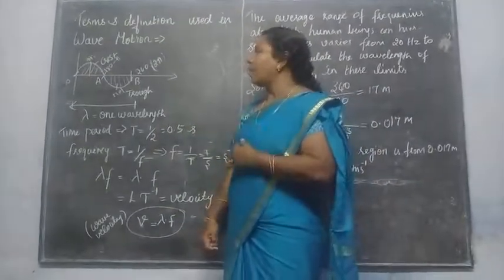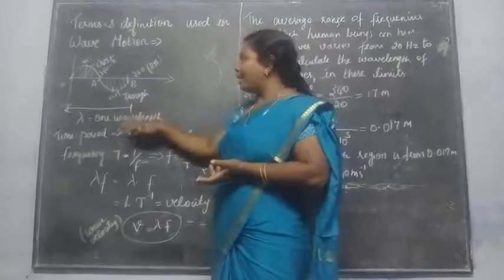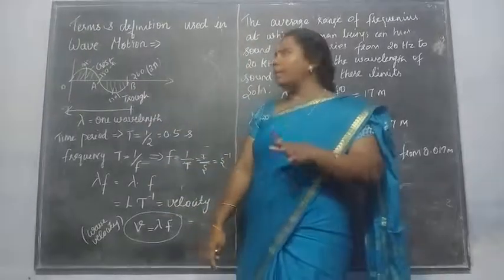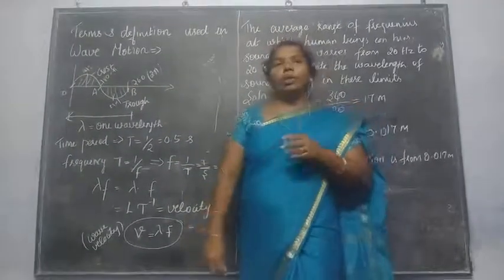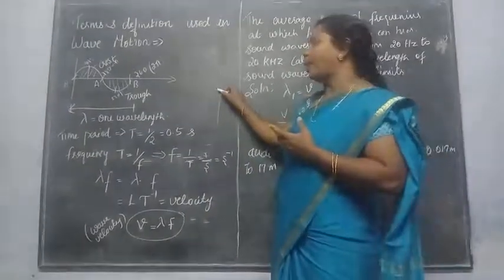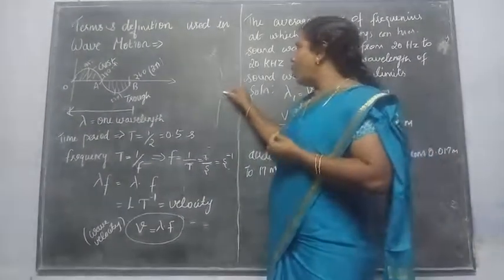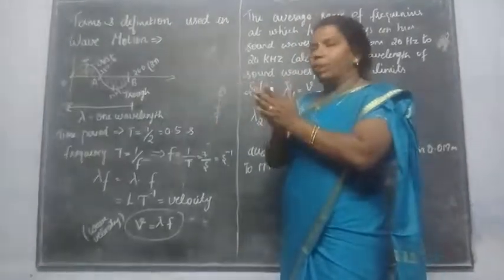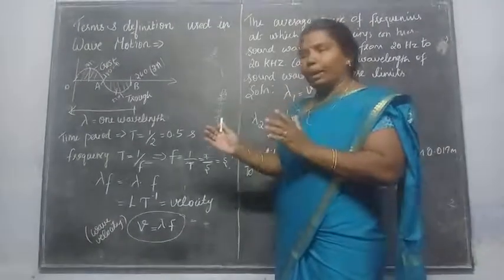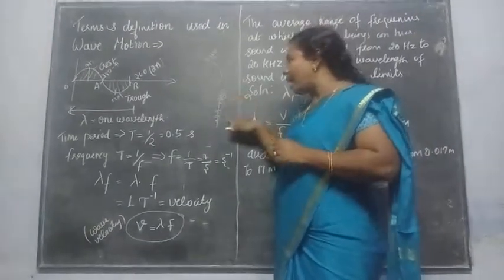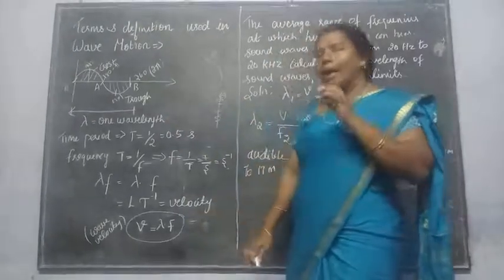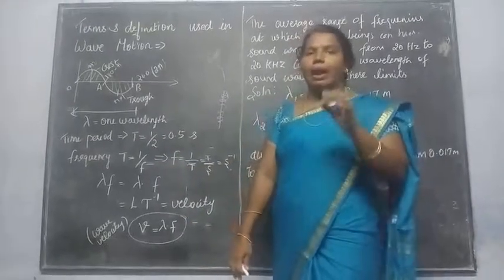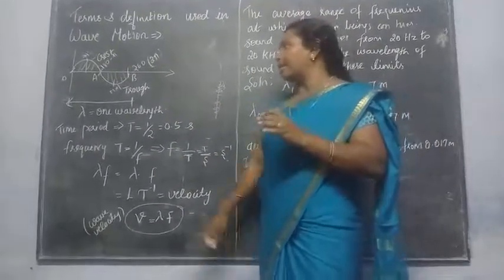In a transverse wave, one crest and one trough can be termed as the wavelength. Similarly, in a longitudinal wave, how can we differentiate the waves? Can you remember I explained compression and rarefaction? Compression means the waves are very close, and in rarefaction they are elongated. So one compression and one rarefaction is termed as the wavelength, denoted by the letter lambda.